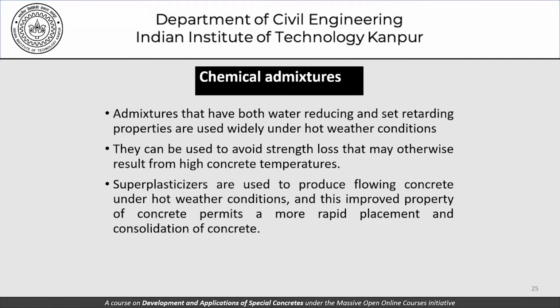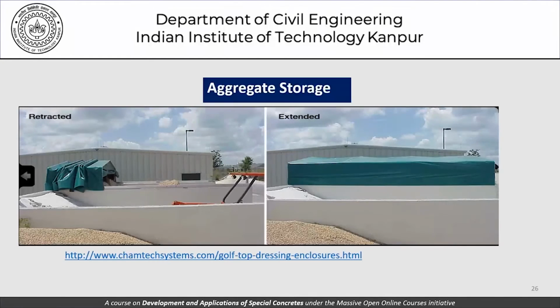Superplasticizers are used to produce flowing concretes under hot weather conditions, and this improved property permits a more rapid placement and consolidation of concrete, which works to our advantage. Now this is a picture which I've taken from the previous discussion. It is a retracted and an extended aggregate storage system, and that's something which we can use in hot weather